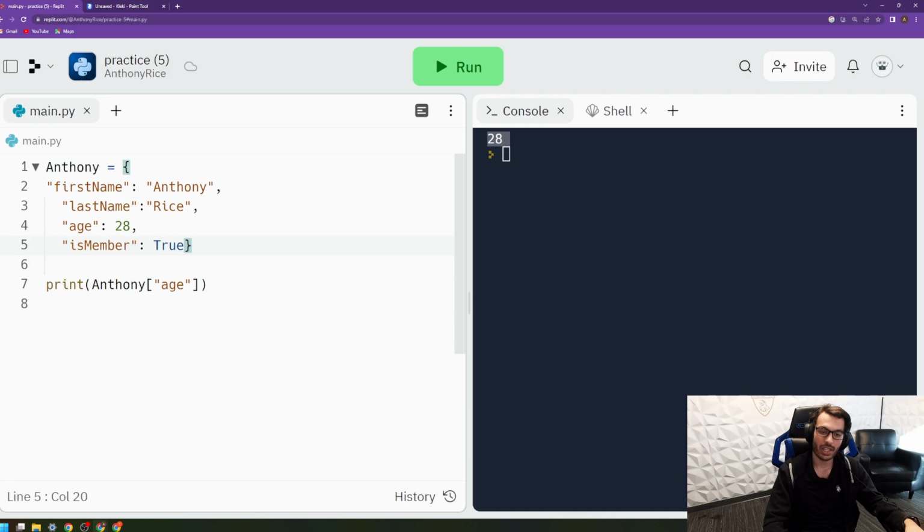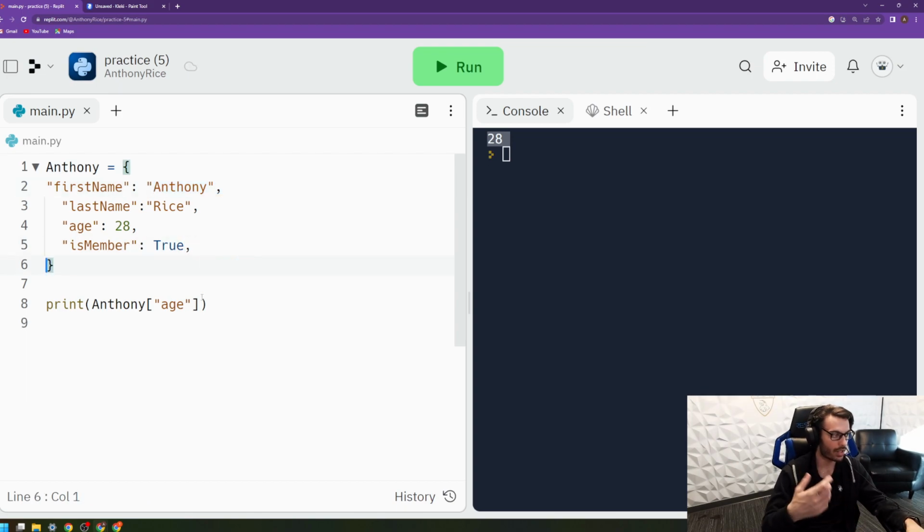But that is essentially the basic bare bones of a dictionary. It is definitely changeable, so you can update, add, remove, delete items, do a whole bunch of stuff. You can print the various things, and we're going to go ahead and just look at a couple small little things you can do with dictionaries. Now, one thing that's really nice is that dictionaries essentially create these key mappings, but these can also be not only just your primitive data types, but this can also contain lists and tuples and all the stuff that we saw before. So, for example, in game development, you may have position as a